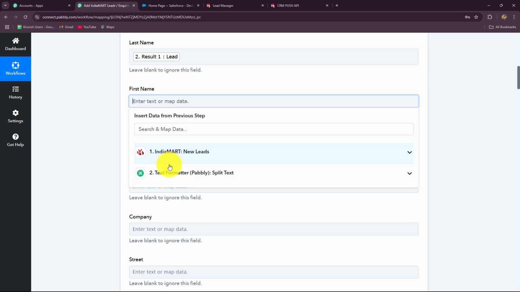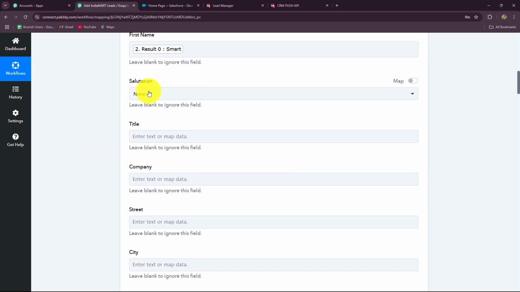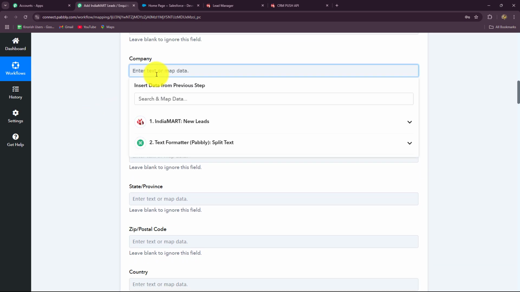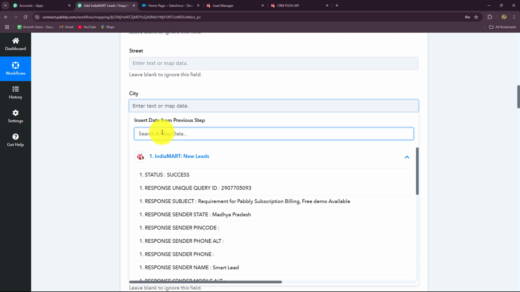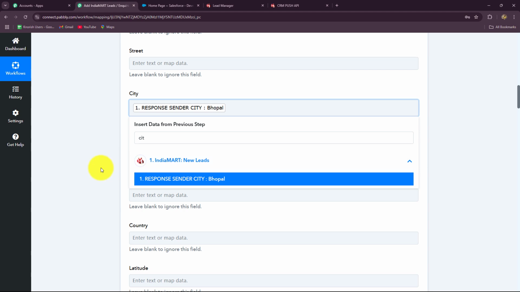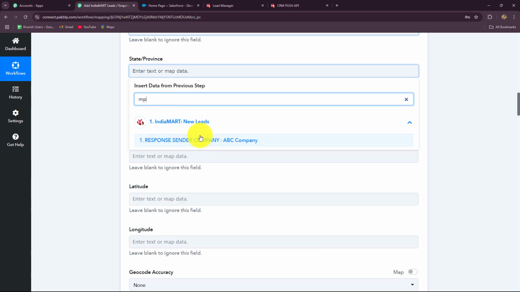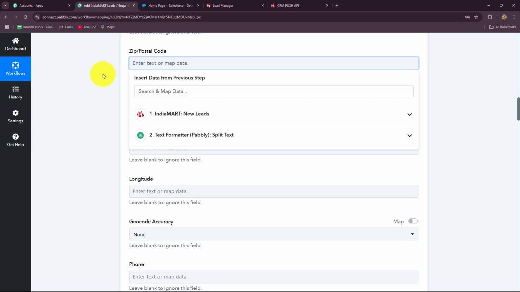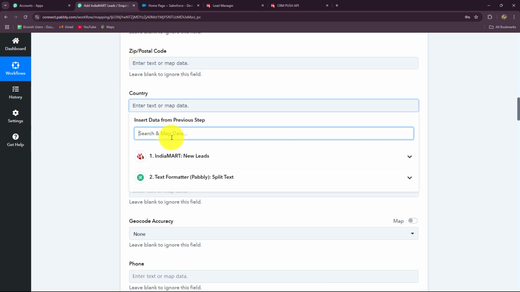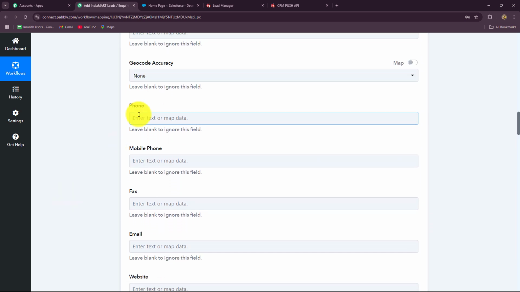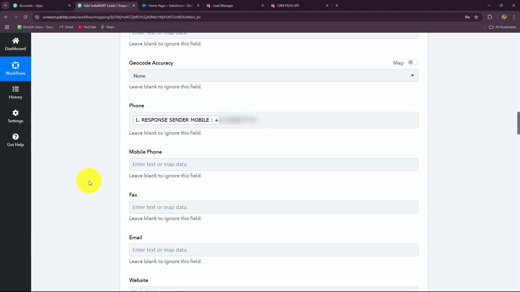First of all, I will map the last name. Then I will map the first name. Alright, then here if you want to provide any salutation, you can enter it. But it is not fixed, so I'm going to ignore this field for now. Now I'm going to map the company name. Then here we have also received the city, so I'm going to map the city of the lead. Then if you want, you can provide the state, so I'm going to map the state over here. Zip code we have not received, so I'm going to ignore this field. I will just enter the country code and then the phone number, email,